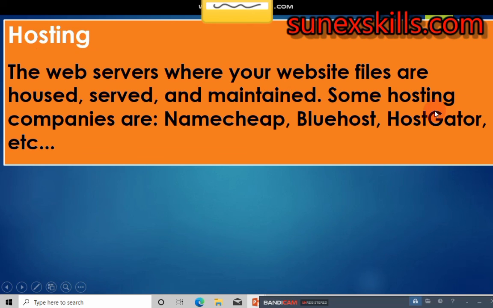So hosting is just like building a room where you store your website's data and files, and once those files are correctly put in place, then your domain name can now be called a website, and it can be accessed publicly to view all the data and content you put in place. So that is that about hosting. Then I believe you've understood some necessary things you need to put in place before you start designing your website. There are many others, but this one is just the background, the major things you need